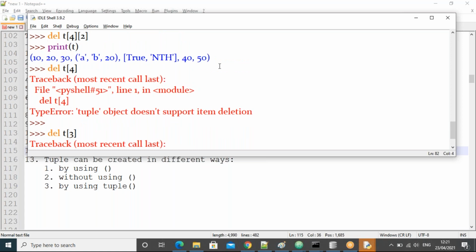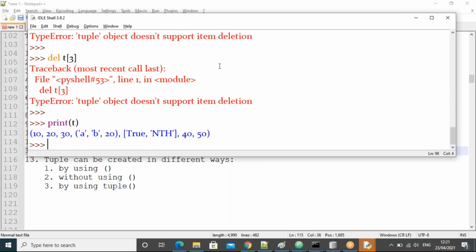Now all of you observe. I want to remove all these tuple elements. How is it possible? I want to remove the sub tuple elements by using the clear function.